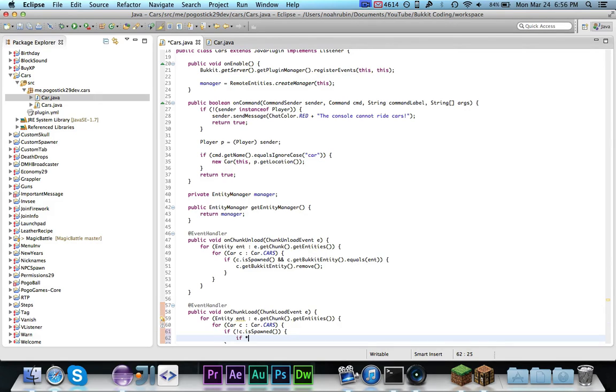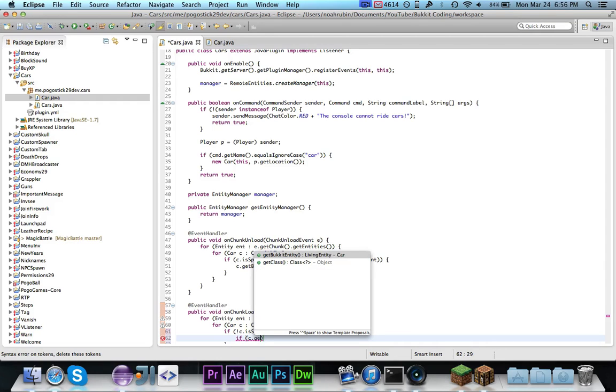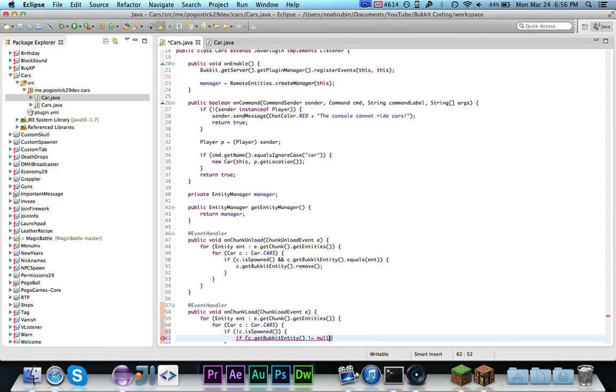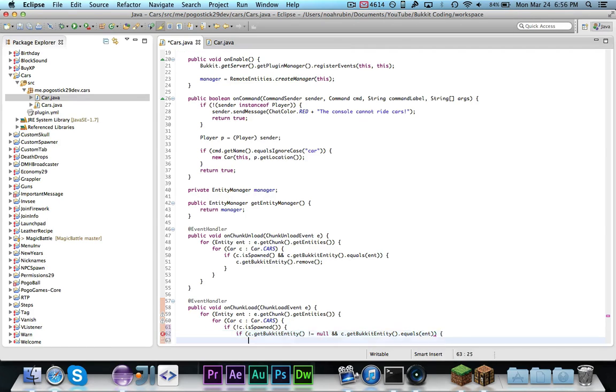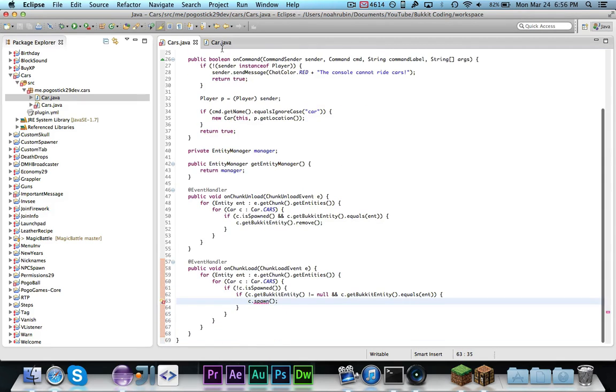Now we're going to say, if it's not spawned, and if c.getBukkitEntity is not equal to null, and c.getBukkitEntity().equals(ent), then c.spawn, which we also need to write. And that reminds me,